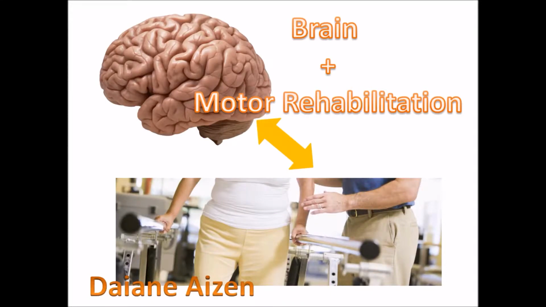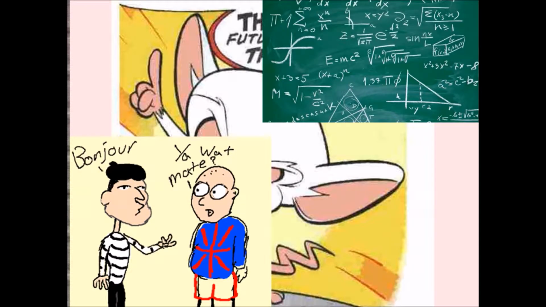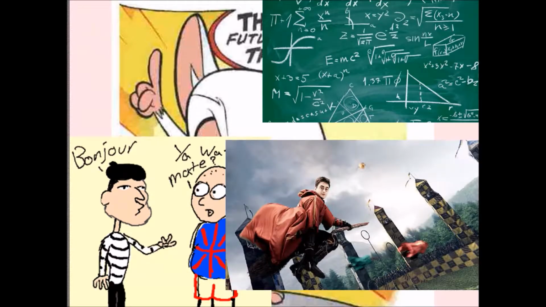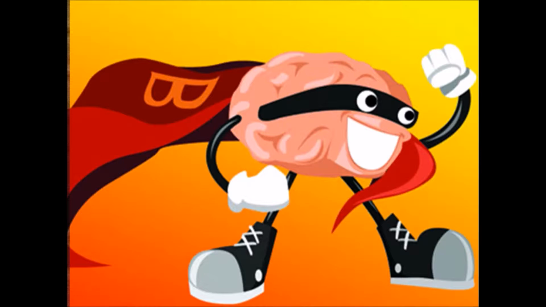Today we will talk about the role the brain plays on motor rehabilitation and the processes it undergoes to allow for motor learning to take place. Every time we do something, the activity is initiated and regulated by the brain, whether it's voluntary or not. When we want to learn a new skill, such as speaking a new language, learning how to solve a math problem, taking up a new sport, or even doing whatever this is, our brains are instrumental in the learning process.